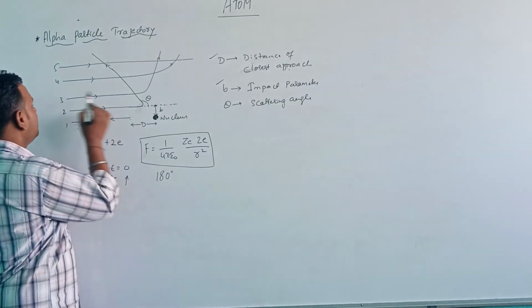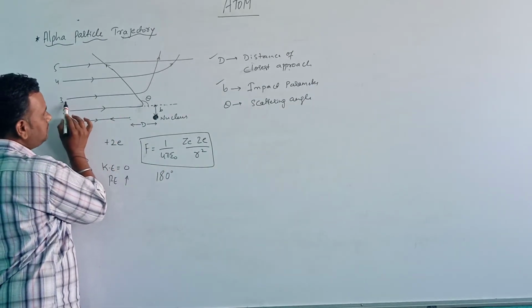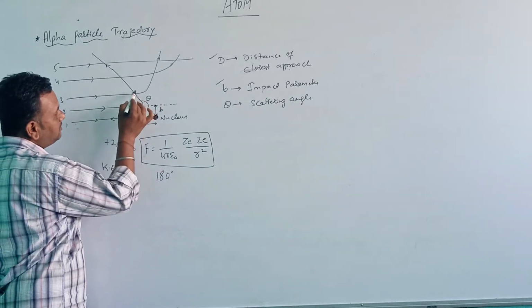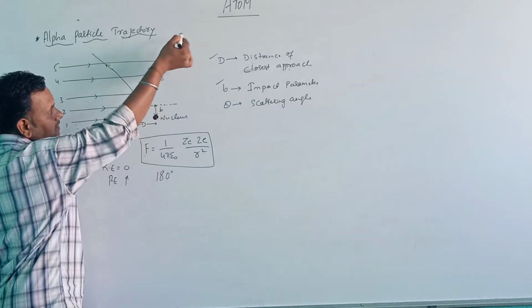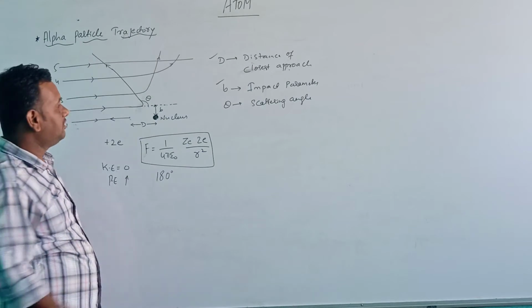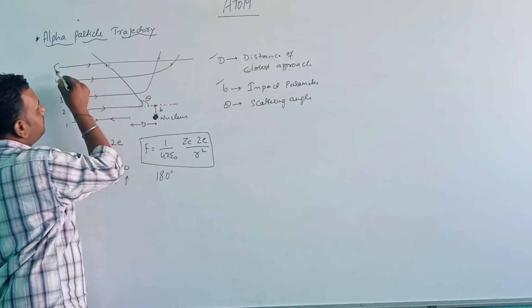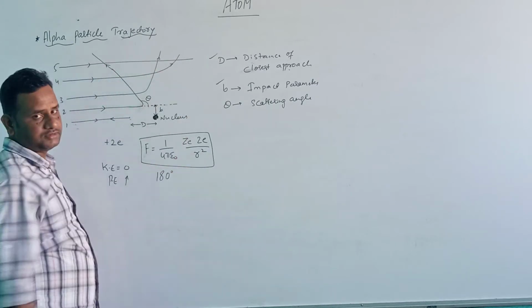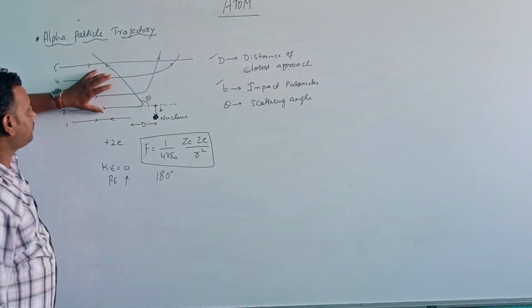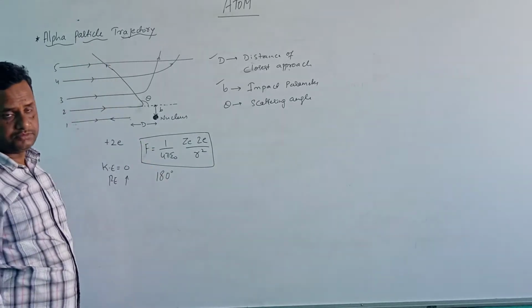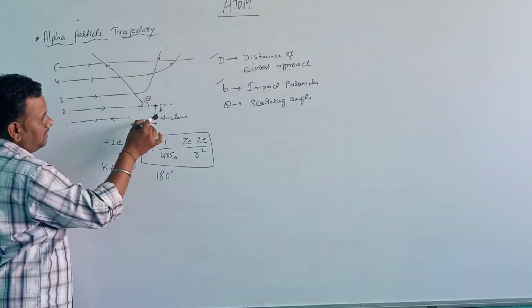Now the same here, the third alpha particle is traveling on a straight line and is being scattered by less than 90 degrees. Next, the fifth particle is traveling on a straight line. So only a few of the alpha particles are scattered, and there are more alpha particles which travel along the straight line.